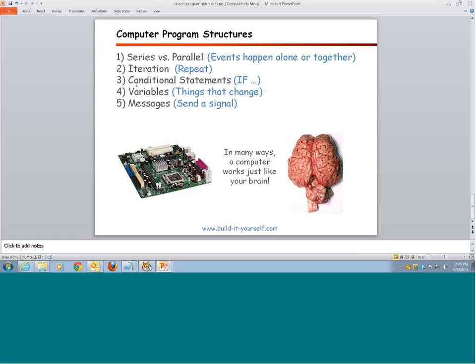Okay, so let's take 10 minutes and open up your PowerPoint lab book. Start a new page, and add these 5 programs to the lab book. You've got 10 minutes to write the 5 program structures in your notebook.